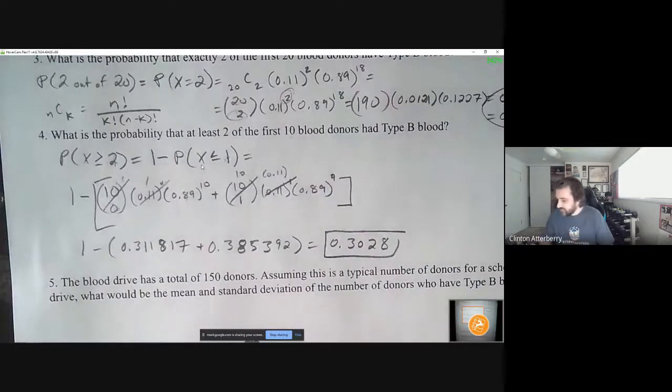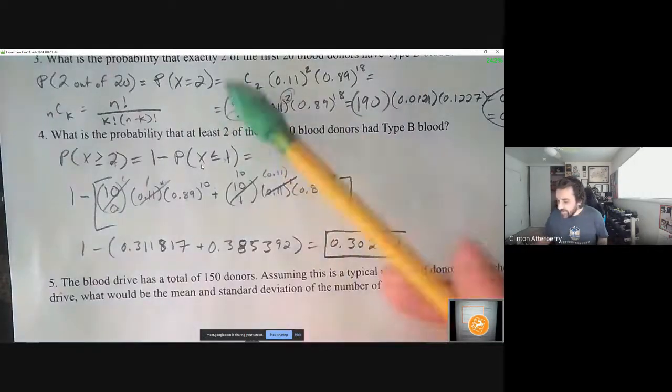Okay, two more to go. If you did not like this one, then you'll probably like this next one. This next one is pretty dang straightforward. And here's what I'll tell you guys too: if number 3 and 4, especially 4, seems kind of difficult,